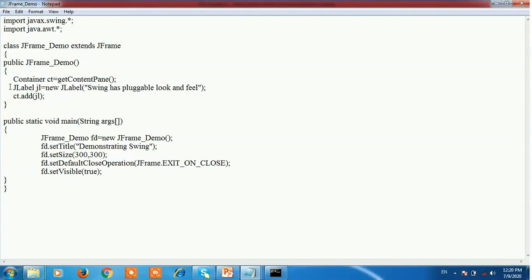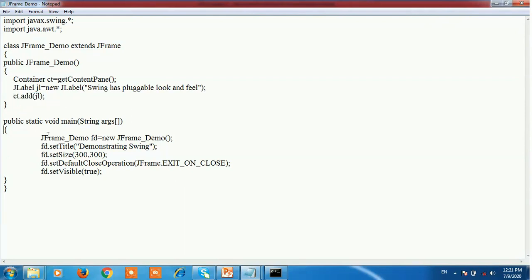After creating a label, we add this label onto the container using the add method, ct.add(j1). ct is nothing but the object of the container, and j1 is an object of the label component. So this statement adds the component into the container.